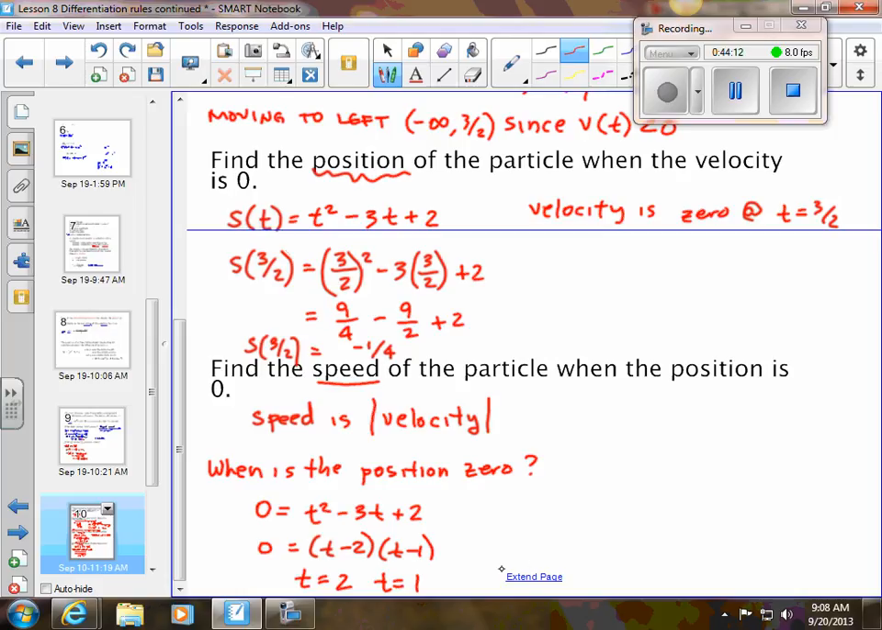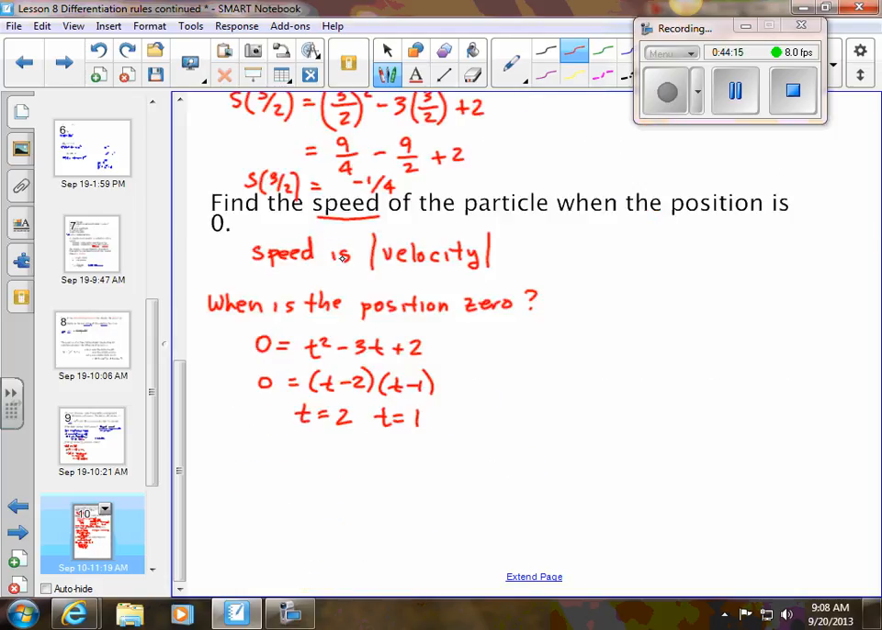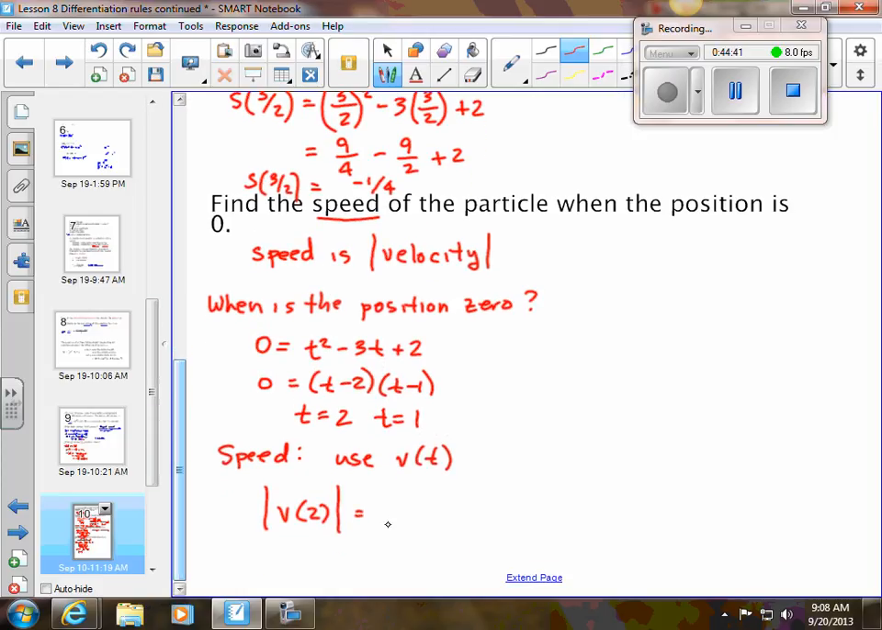Okay, so now to find the speed of the particle when the position is 0, to find speed, we use the velocity function, but we take the absolute value of it. So we want the absolute value of v of 2. And what was the velocity function? 2t minus 3? Okay, so